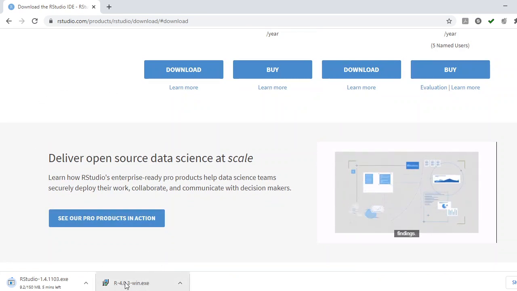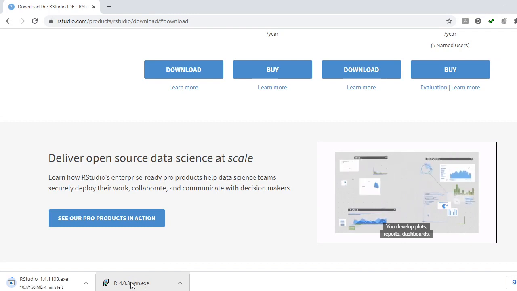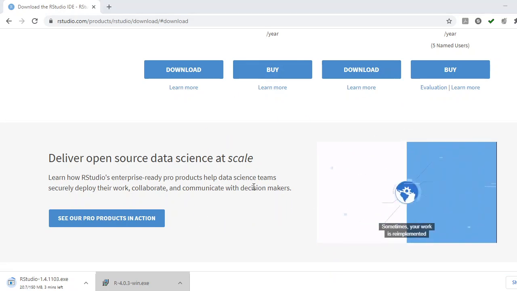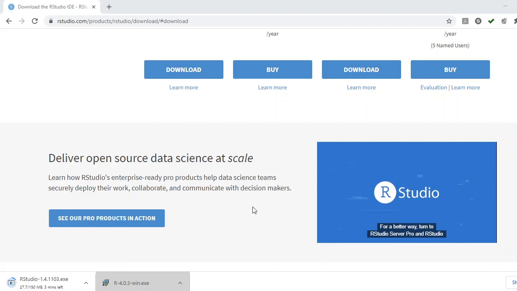Here you can see my R is already downloaded. I'm just opening that file. Yes, after that on this R for Windows setup, just click on the yes button.